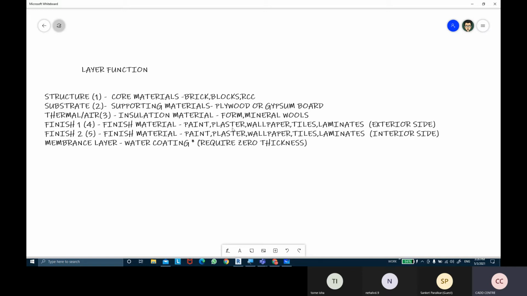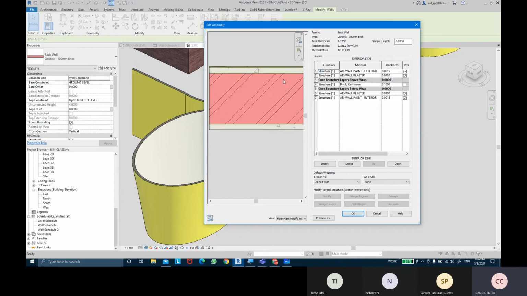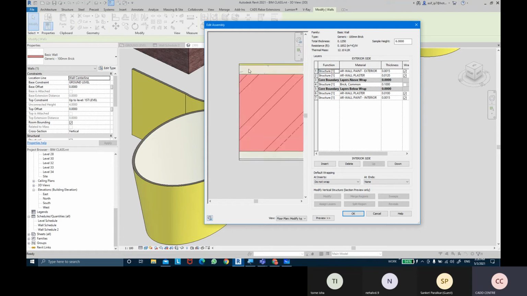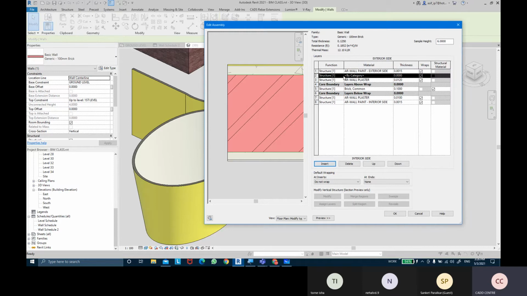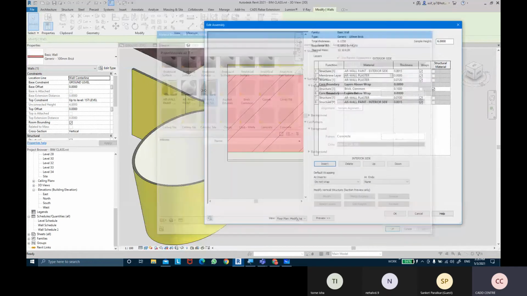So for instance, if I wanted to show over here that with the plaster I'm going to have a waterproofing, I'm going to add a layer. So a new layer has been added above that plaster layer. Now I'm going to change this functionality to membranes, and I'm going to apply the same plaster material.